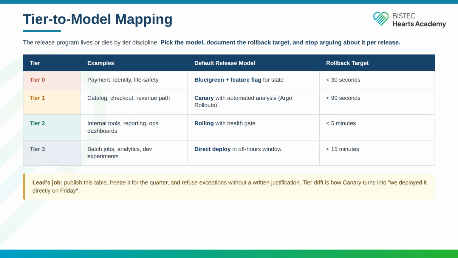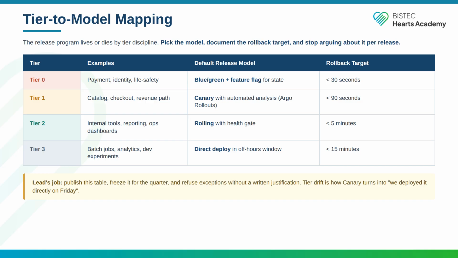The release program lives or dies by tier discipline. Without a default mapping, every release turns into a fresh argument. With one, you only argue about exceptions. Tier 0, payment, identity, life safety, gets blue-green plus a feature flag for stateful paths. Rollback target under 30 seconds. Tier 1, catalog, checkout, the revenue path, gets canary with automated analysis in Argo Rollouts. Rollback target